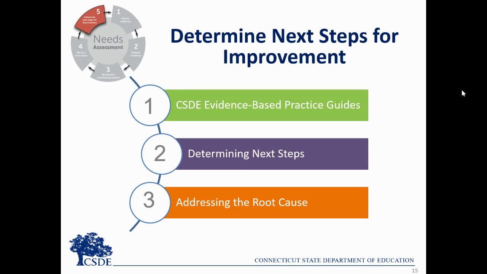In this video, we focused on determining the next steps for improvement. We began by looking at evidence-based strategies that research tells us will positively impact student outcomes. We looked at tools included in the kit to assist the team in aligning next steps to the evidence and root causes. We reviewed how this work fits into the bigger picture of developing a strategic plan. Now it's time to take action by creating an improvement plan that is aligned to the deepest needs of your organization, that builds on strengths, and that will positively impact student outcomes and your learning community.